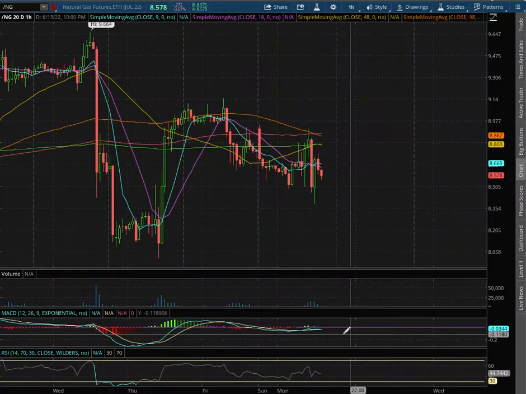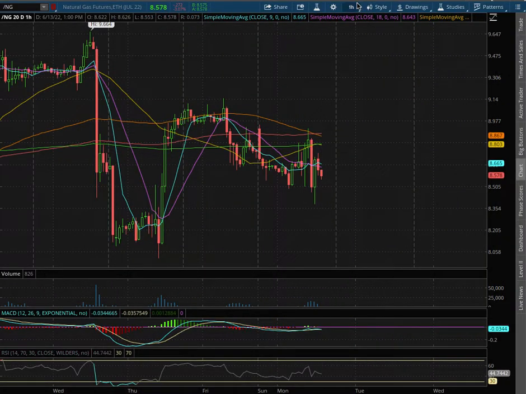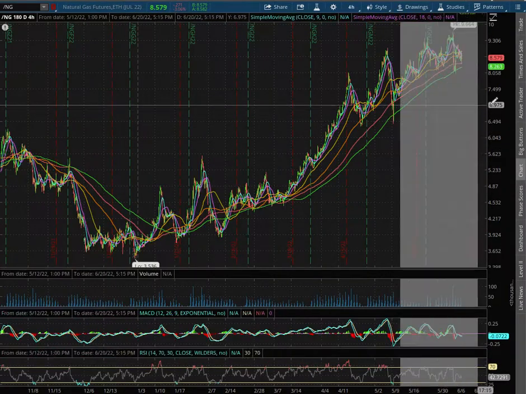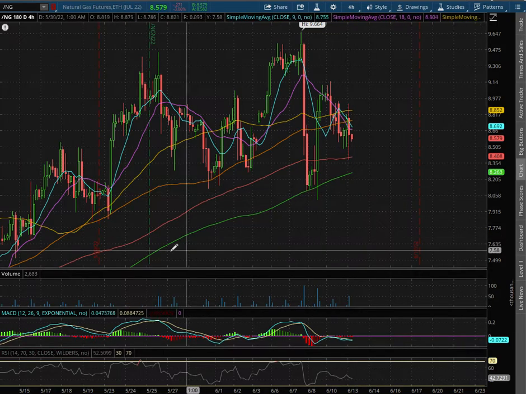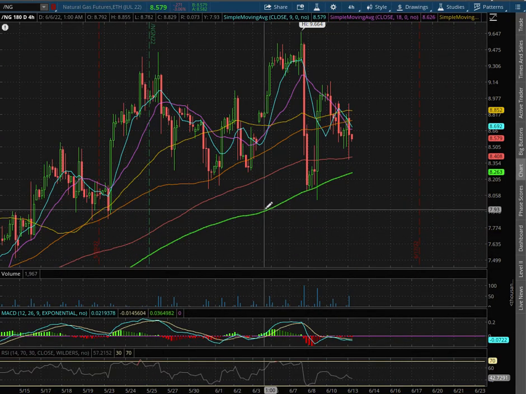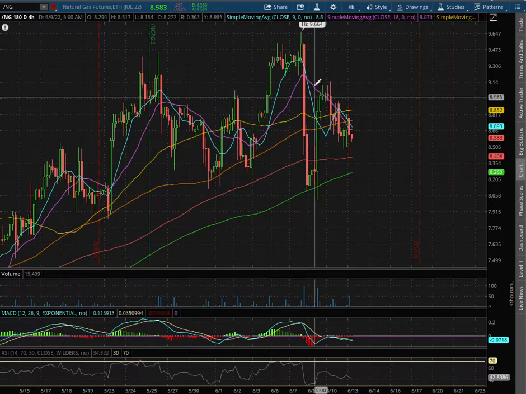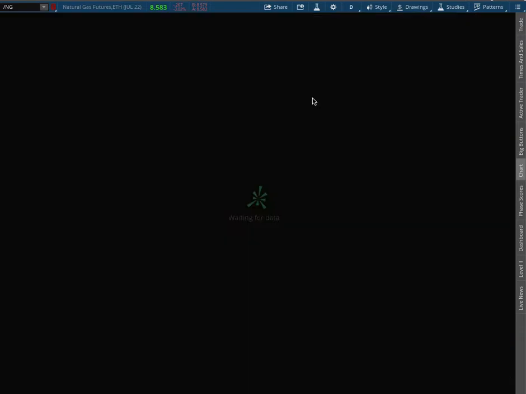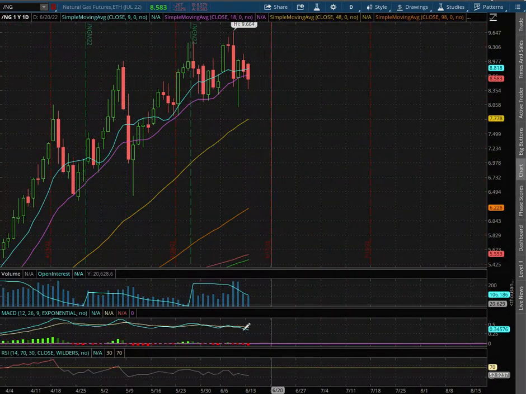We remain in slightly negative MACD, seeing signs of a divergence. With the 4-hour chart, we are in negative MACD territory. We're still resting right along the 200 moving average, this green line, at a price of $8.26. And as with the daily chart, we are in positive MACD.